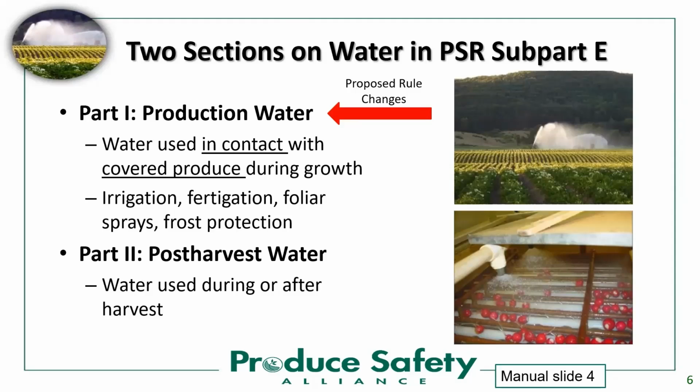There was a lot of pushback around some of those very stringent parameters. There is now a published proposed rule that really puts the onus on the grower to do their own production water risk assessment and determine how they're going to manage risks associated